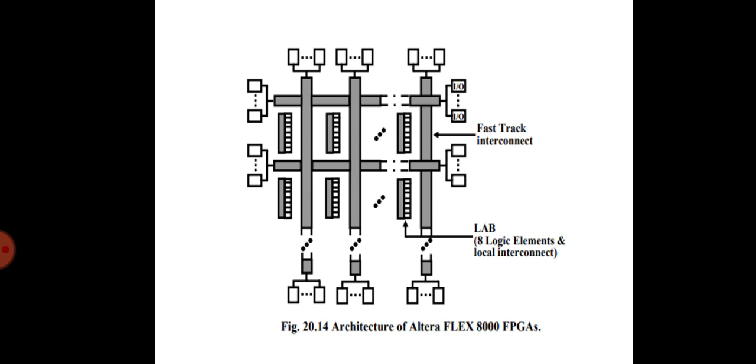Loading the Flux 8000 SRAM with the programming information is called configuration, and it takes about 100 milliseconds. After configuration, the device initializes itself, resets its registers, enables its IO pins, and begins normal operation. The configuration and initialization is called command mode, and normal operation is called user mode.